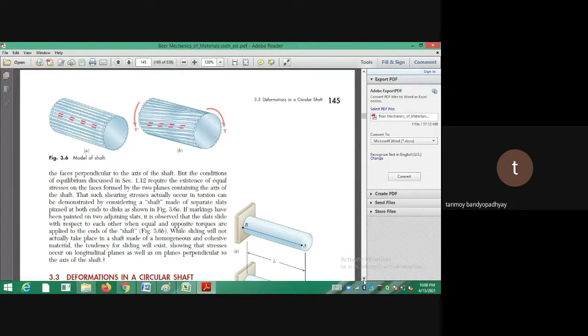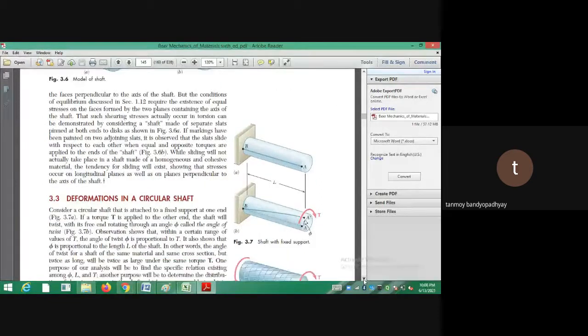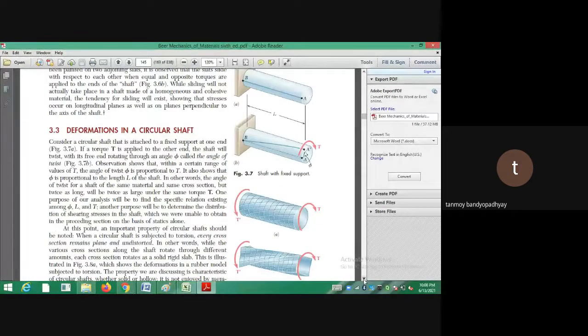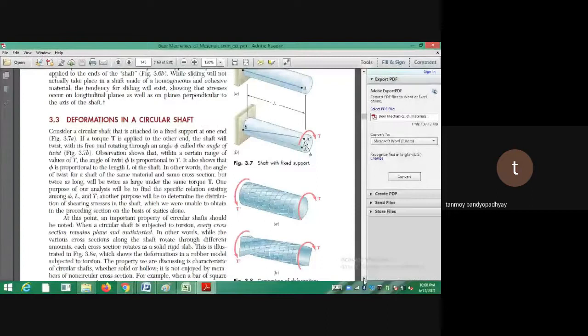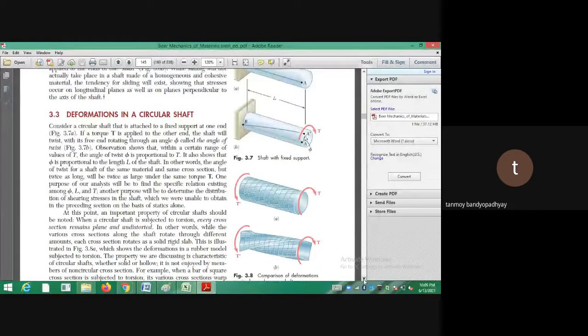That's a very basic assumption, and there are other assumptions. One day I will be writing those assumptions, because they are not given in this book. In many other books, like Ramamrutham or Subramanian, they are written in a very basic fashion, as in most Indian books. What are the assumptions that we are making? I will just explain and write them to you. I hope you can understand. The others are just basic assumptions. The first one is a very important assumption.